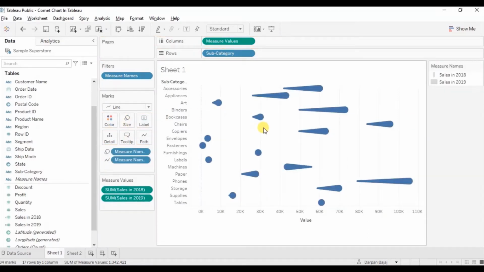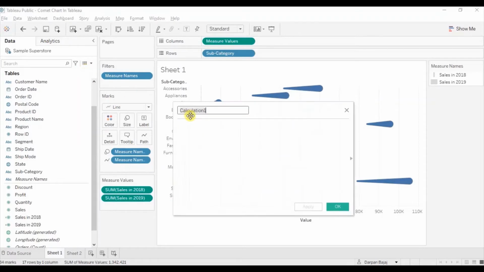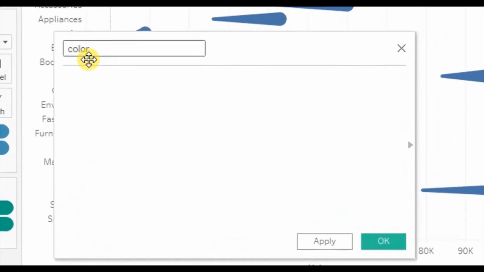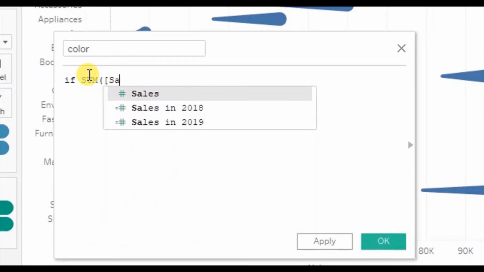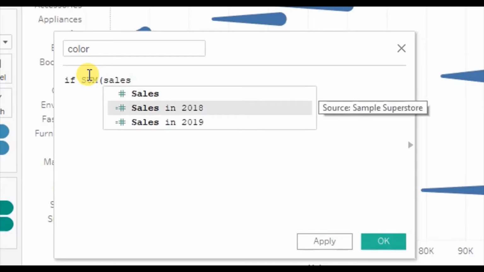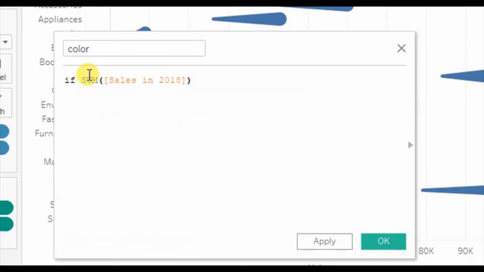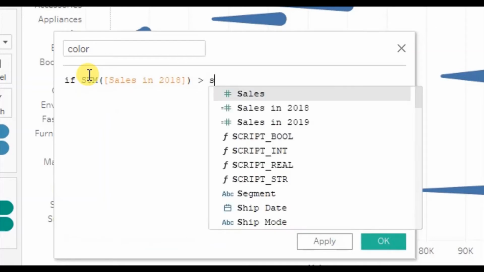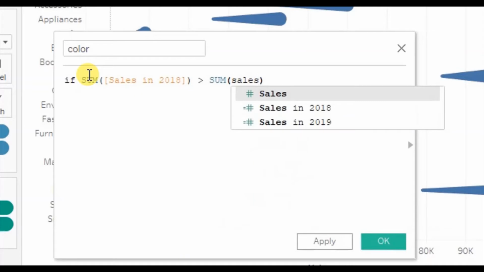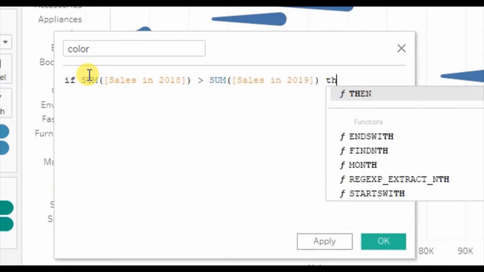Next, we can create a calculated field to differentiate all those comets where the sales in 2019 was less as compared to sales in 2018. So for that, create a calculated field. Let's name it color. Write down the formula: if sum of sales in 2018 is greater than sum of sales in 2019, then obviously it is bad.